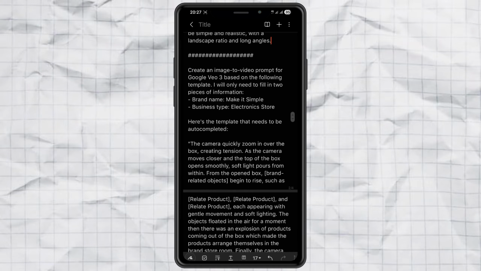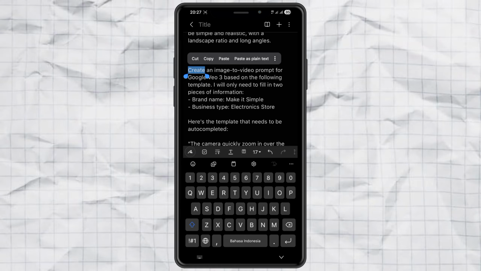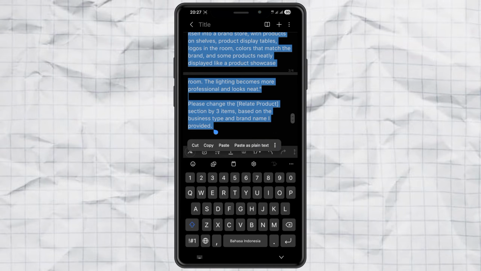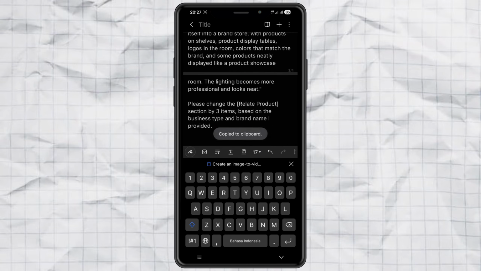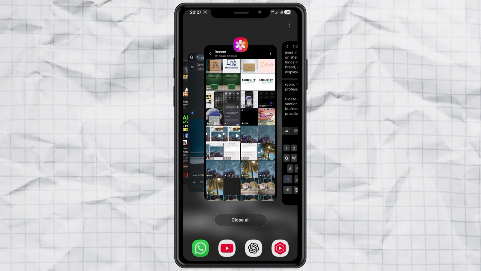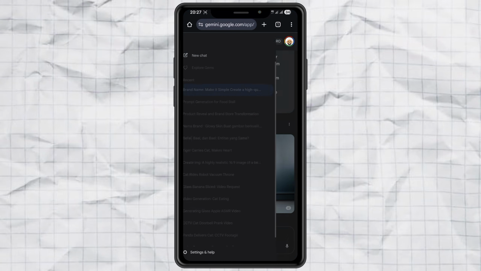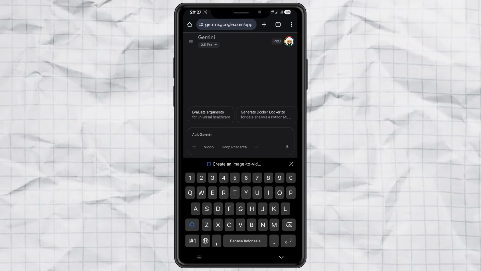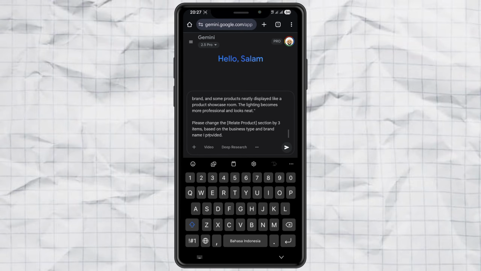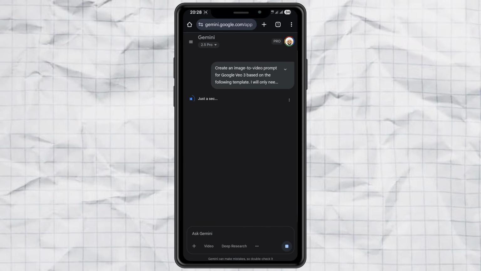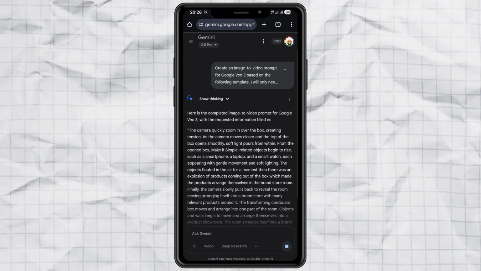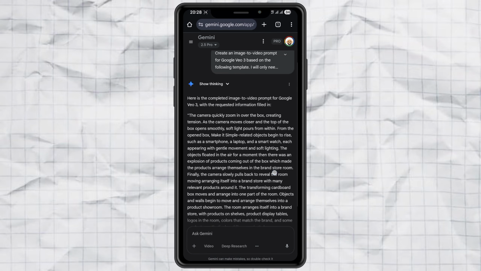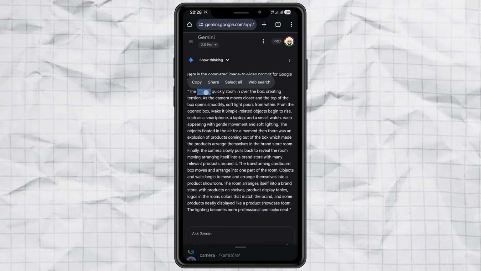Step 3. Generate the unboxing video. Here's where it gets fun. Copy the second prompt you edited. Open a new chat in Gemini, paste it in, and hit send. Gemini will give you another prompt, this one specifically for image to video. Copy that,